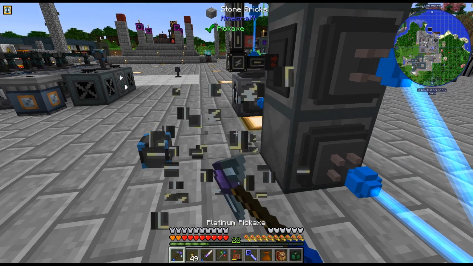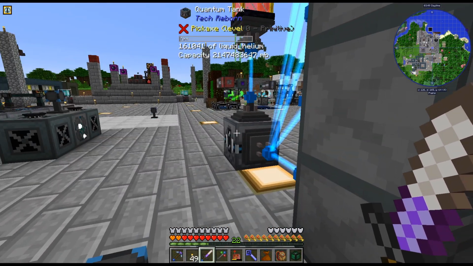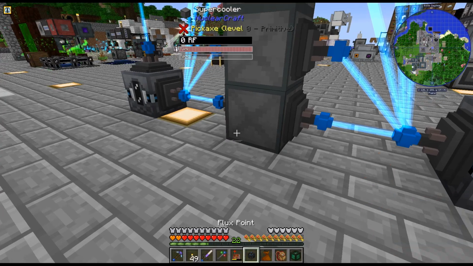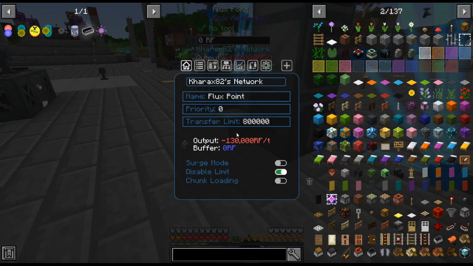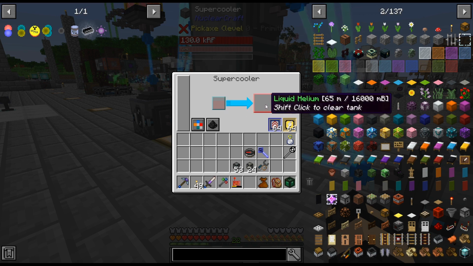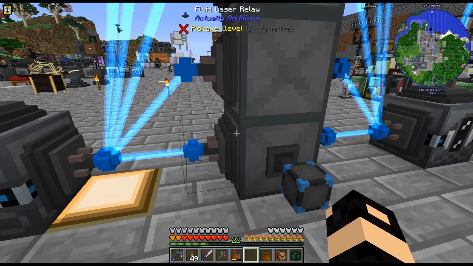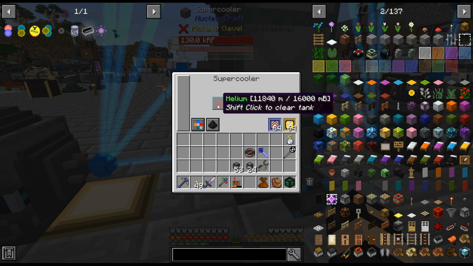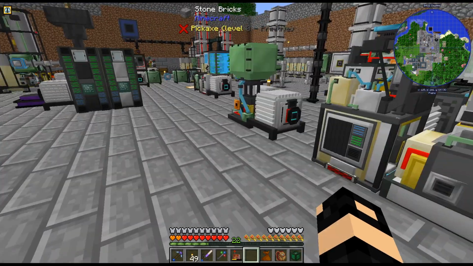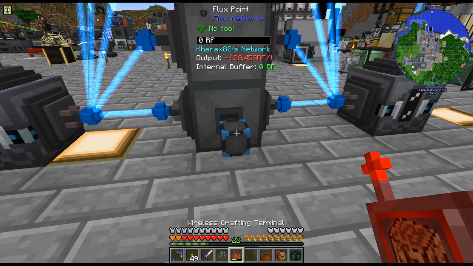You know what? Change plan. And we might have an explosion, but actually, we should be fine for a little bit. What if I do this? Those stellar ones can be kind of buggy because they hold so much. Yeah, 130,000 RF. Is that actually running? I can't tell. It might be running. Maybe...